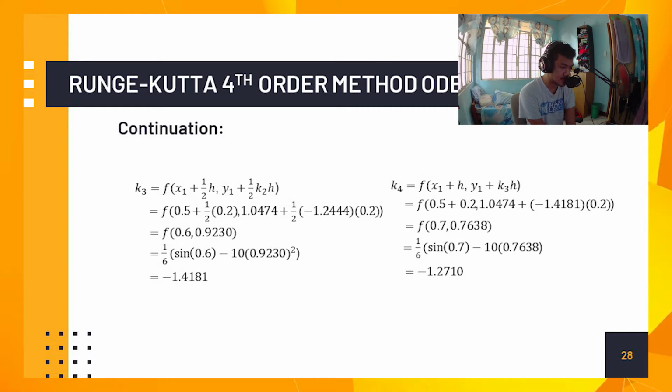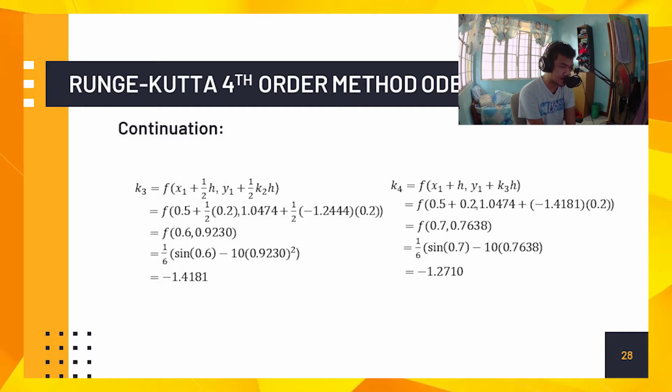That'll be equal to f of 0.6 comma 0.923. By solving it, we will have 1 over 6 times the quantity of sine 0.6 minus 10 times 0.923 squared. That will be equal to negative